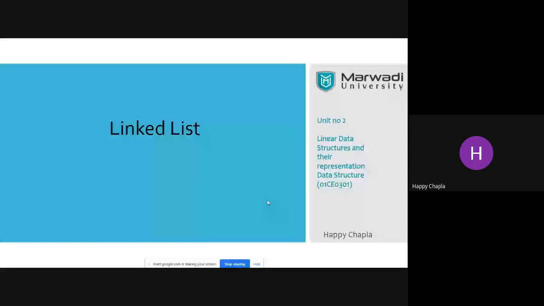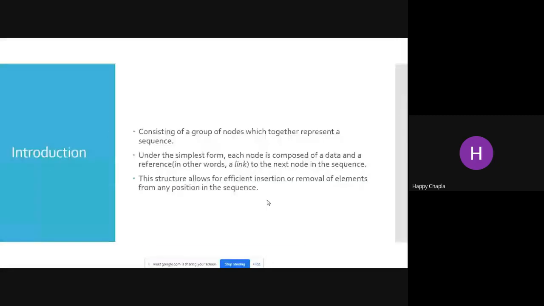Now the introduction: it consists of a group of nodes which together represent a sequence. Whenever we don't have a continuous memory location, and I want to store my data in any of the available spaces, we can use the linked list concept.